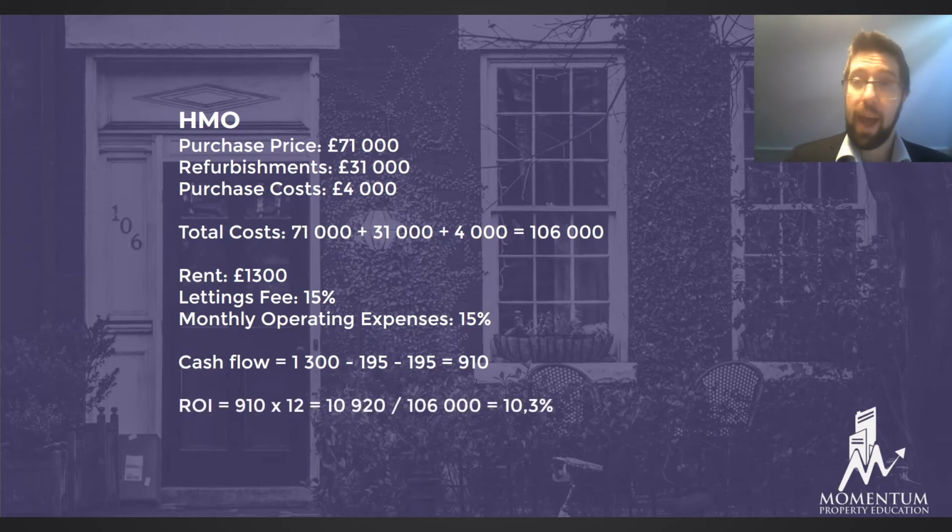The ROI then, annual cash flow, so 910 times 12. I know you're not supposed to do equals and equals, but I did this easy for myself. I hope you can forgive me. 910 times 12, so total annual cash flow of £10,920 divided by our invested capital of £106,000 gives me a